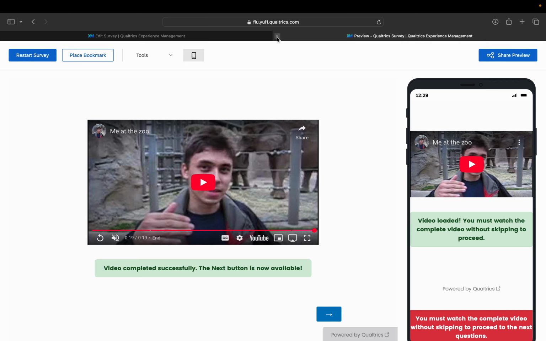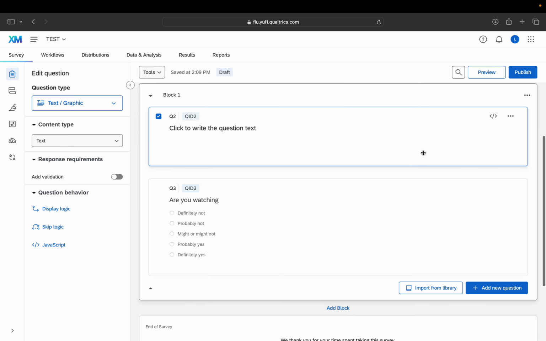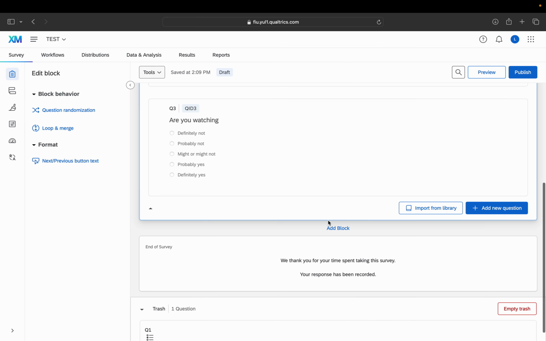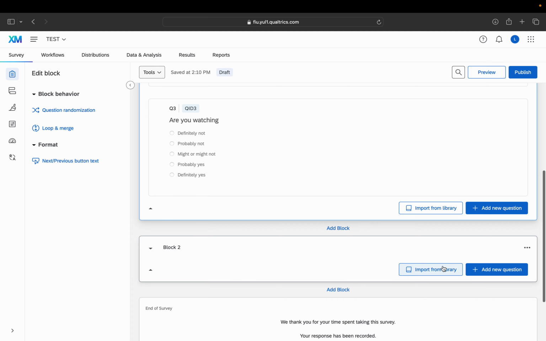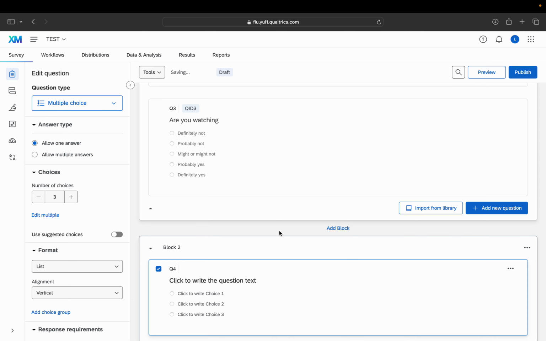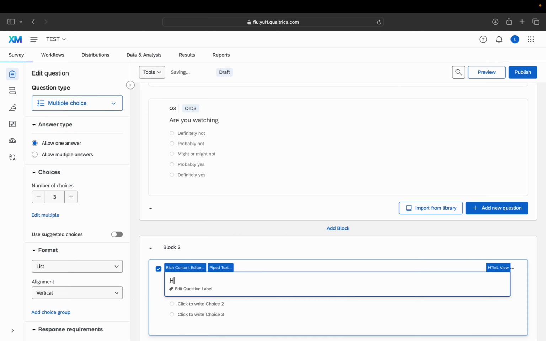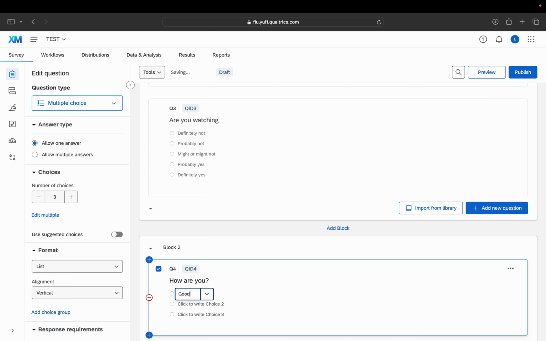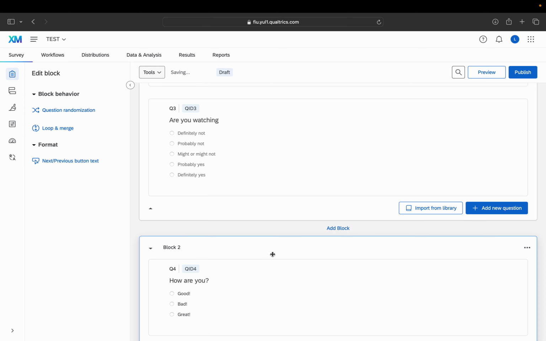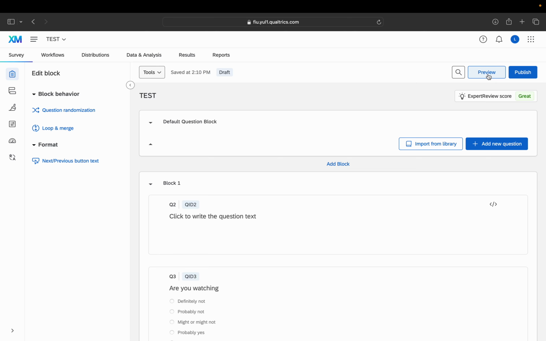And then it appears. All right, it works like a normal survey. If we want other questions, we just add a block, a new page, and then let's say that'd be our question. We could put in some responses. All right, and then once we go to preview,